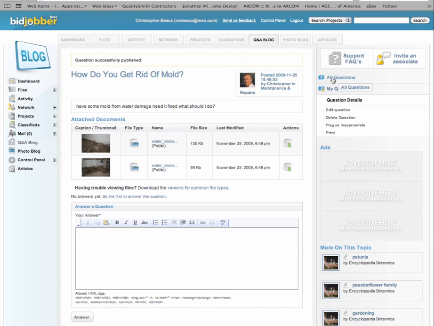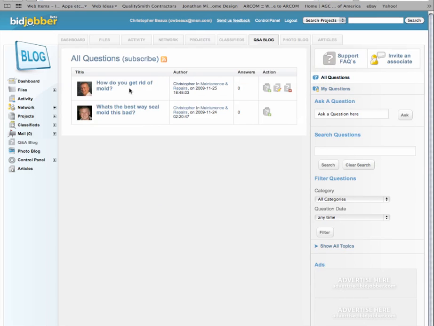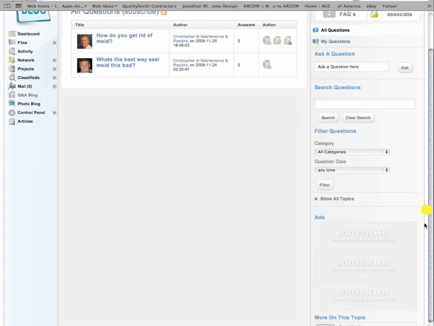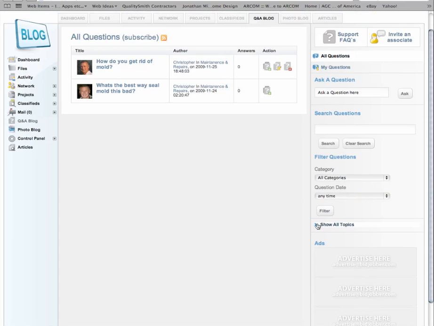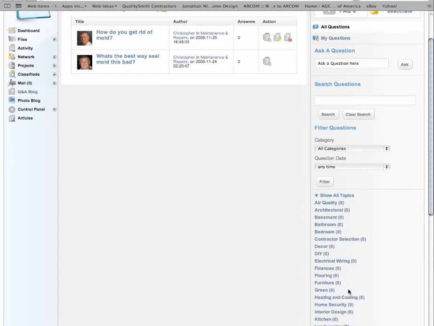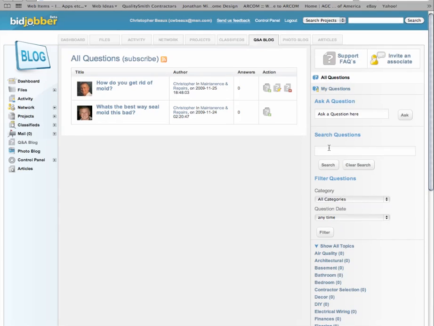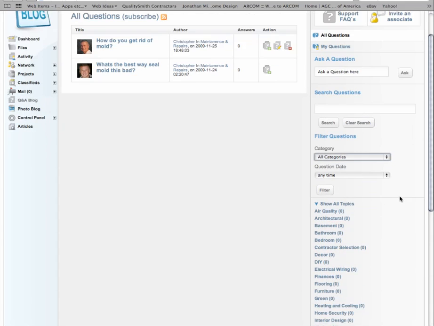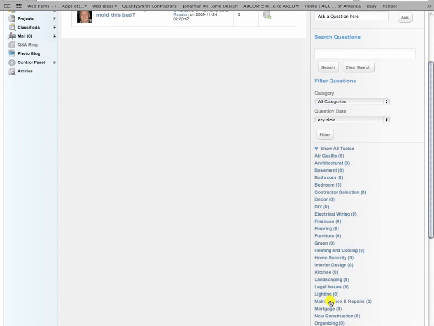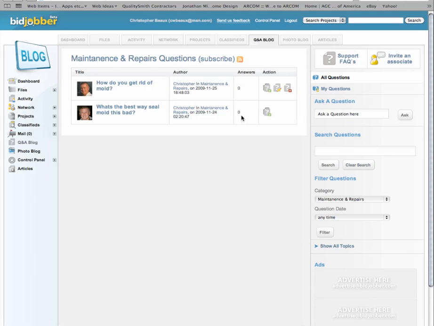There are some other options when you go back to all questions. These are all questions that have been asked so far on this particular page. Say you have a bunch of questions here and you want to filter through them to find ones that kind of match what you're interested in. You can come down here to the show all topics, and you can filter by the topic right down here, or you can filter up here by a keyword or search by categories here. There's several ways to search. You can search by time. I'm going to go ahead and select one in maintenance and repairs, since we have a couple questions there,